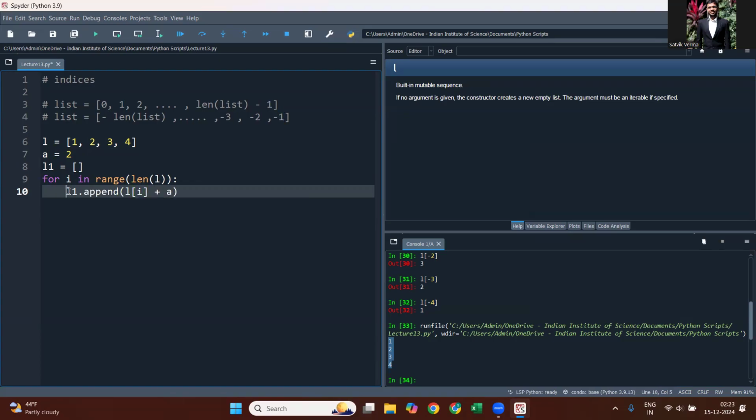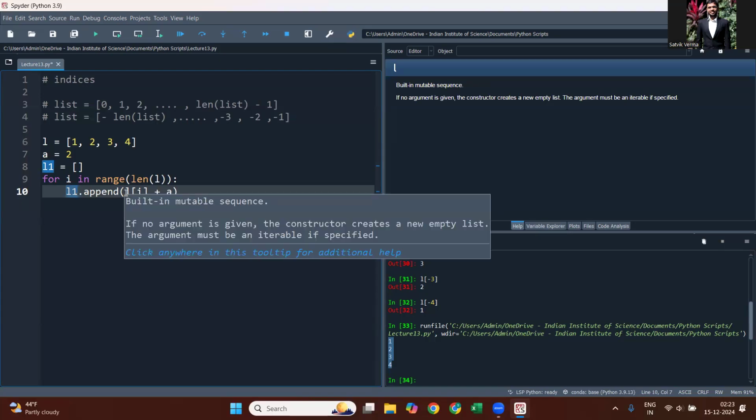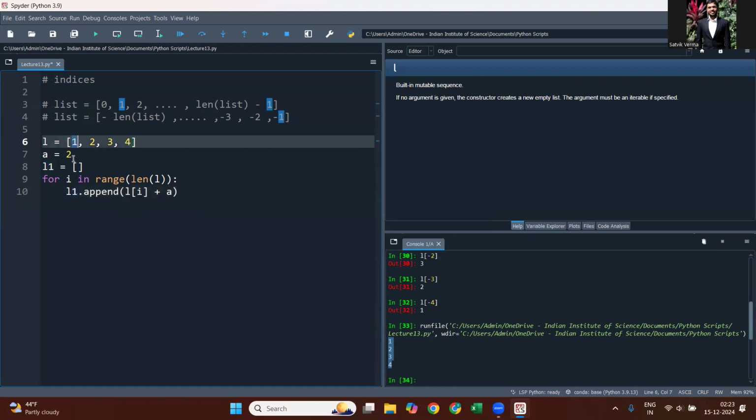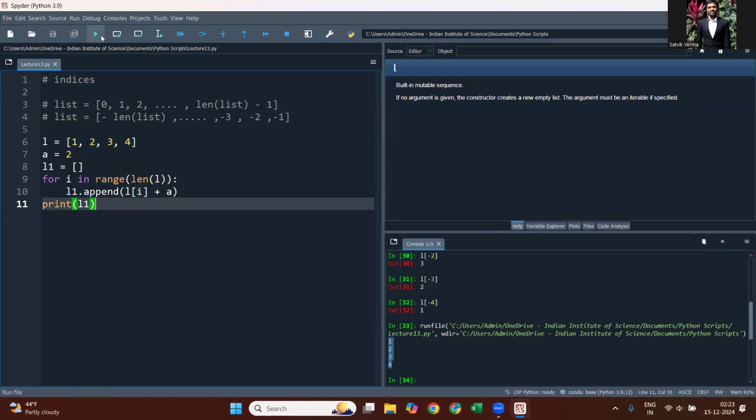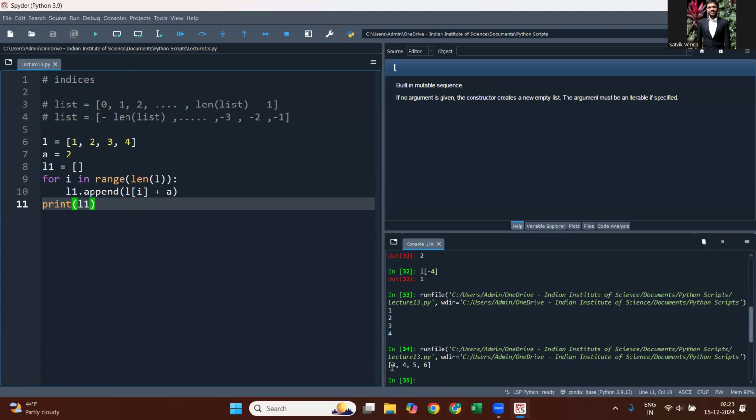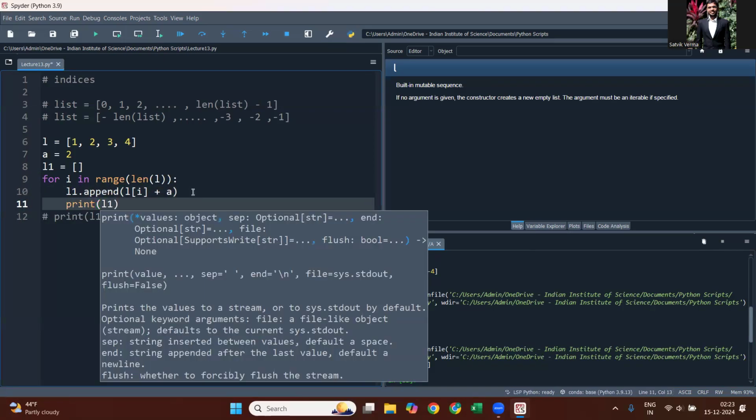So what we are doing is making another list, appending in each iteration the ith element of this list plus 2 to this new list, right? So if we print this list L1 towards the end, we'll see that we have 3, 4, 5, 6 here, right? And if I print the list L1 inside the loop itself,